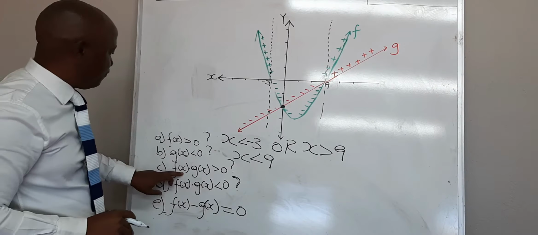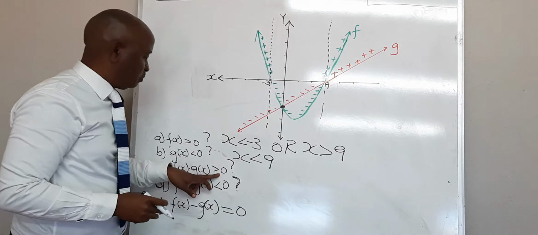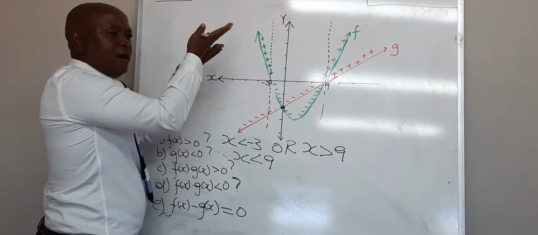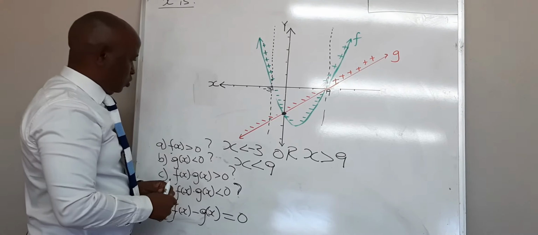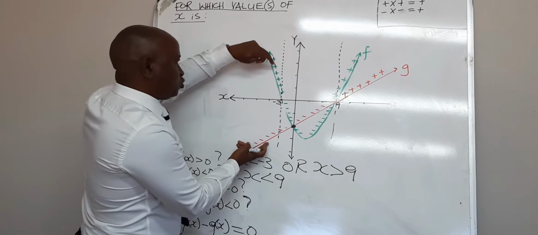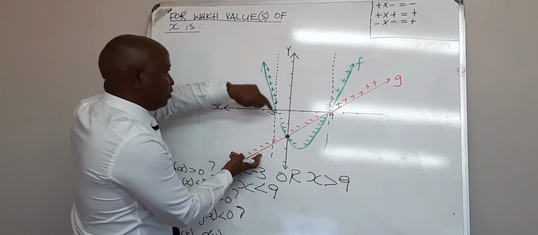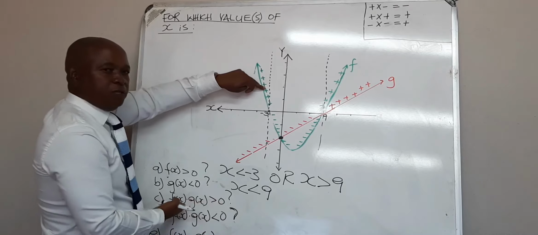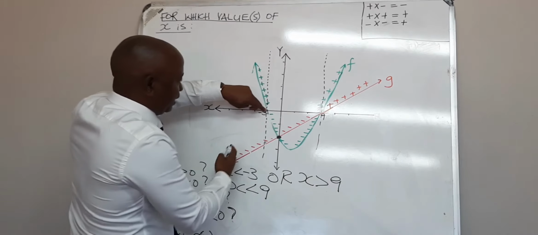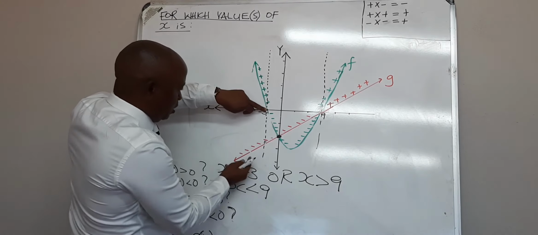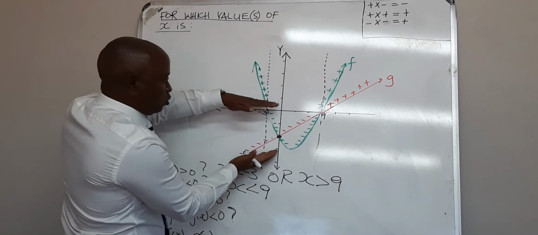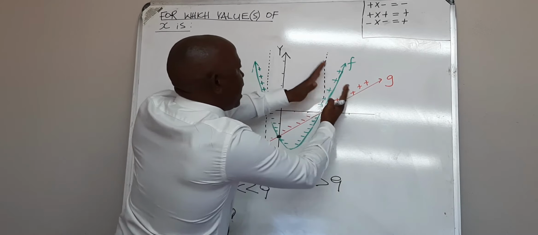The next question, f multiplied by g is positive. You only get positive when the two graphs are both above or both below. As I look, this one is above, this one is below. Positive and negative, you multiply, you get a negative. But here I'm looking for positive. So when I start at -3, this graph has dropped, it's below, and the red one is still below. Negative and negative, if you multiply, you get a positive. You get the same answer up to infinity.